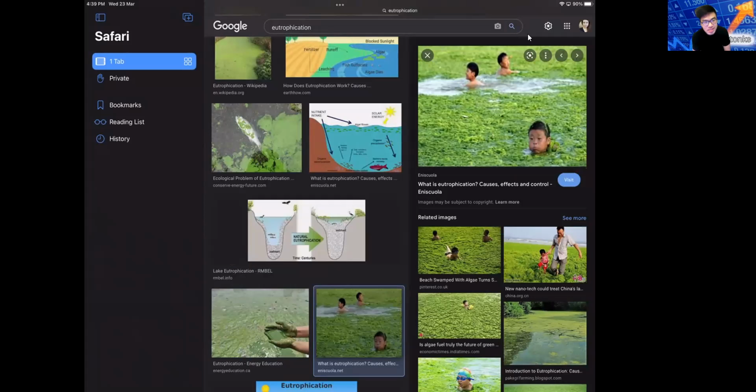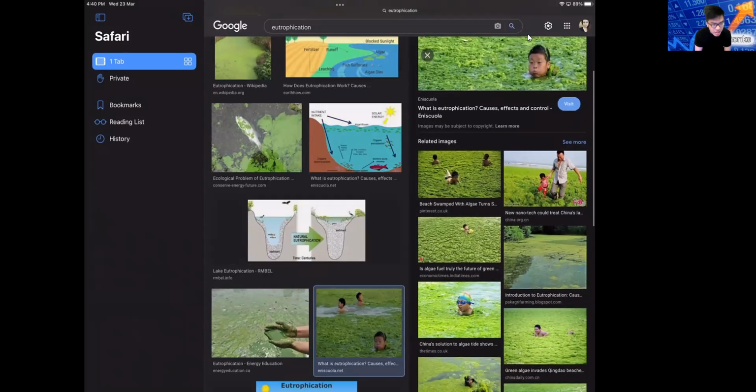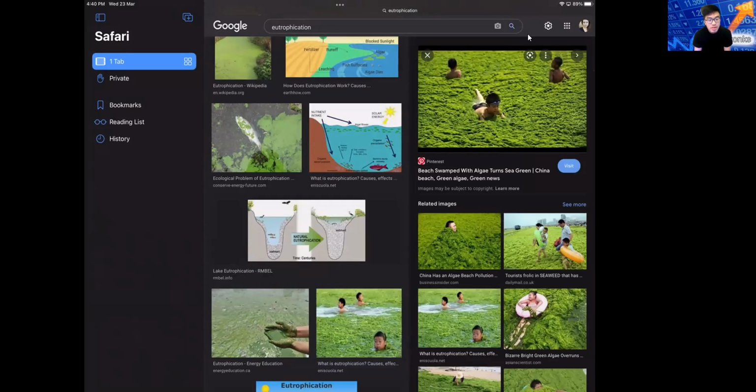Don't you find it disgusting? All these are algae. That means the water is very smelly and very polluted. But it seems like they're enjoying it lah. Freaking disgusting, I tell you. It's like you're swimming in a pot of vegetable soup. So this is eutrophication. Can you find this healthy and good for the environment? Of course not. It doesn't look right.